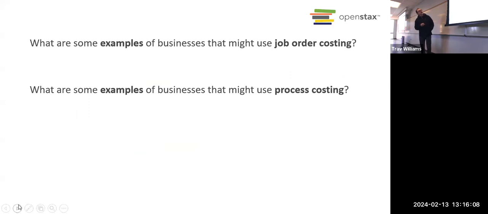Yeah, some examples. So let's think of companies that would be likely to use job order costing. What types of businesses would do customized work for individual clients? Small online retailers. Smaller ones, okay. Like an Etsy, where they customize the order to the individual customer's preference. Okay. What else?